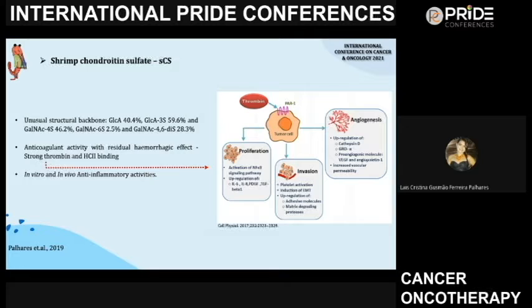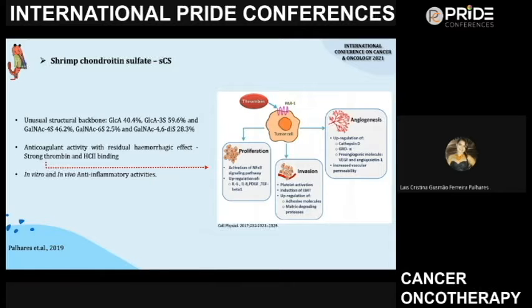So it's a specific receptor for thrombin that a lot of cells, endothelial cells, and especially tumor cells have on the surface, which once activated by thrombin, promotes different signalizations favoring tumor growth, like proliferation, invasion, and angiogenesis, just to name a few. In other words, high levels of thrombin can cause a more pro-tumor environment.